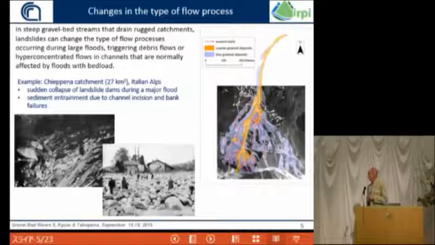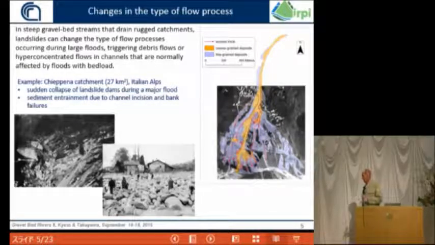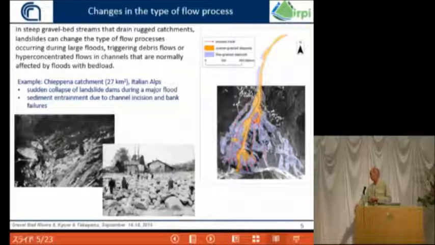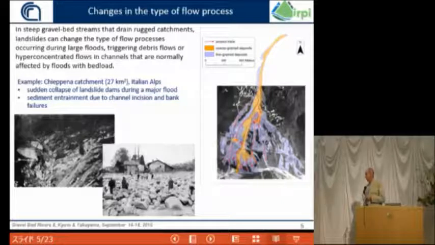It was affected in November 1966 by a change in the type of process that started as an intense flood. It was a regional scale flood, caused by a rainstorm that affected most of northeastern Italy. But then several landslides occurred on the channel banks and on the slopes. There was some damming of the mainstream, and the failure, the sudden collapse of the landslide dam, resulted in a high